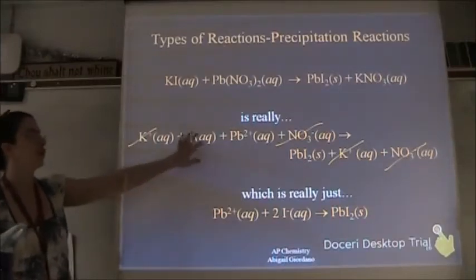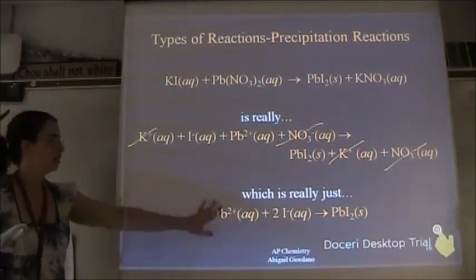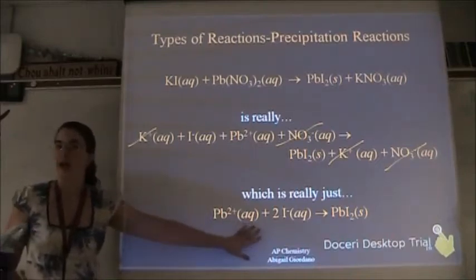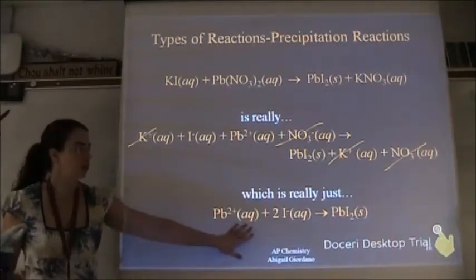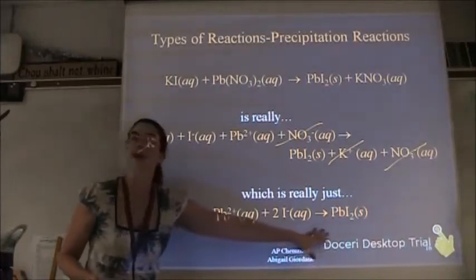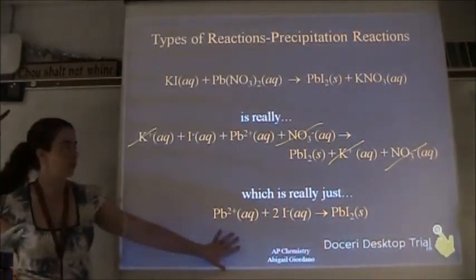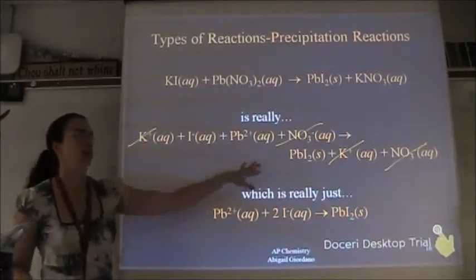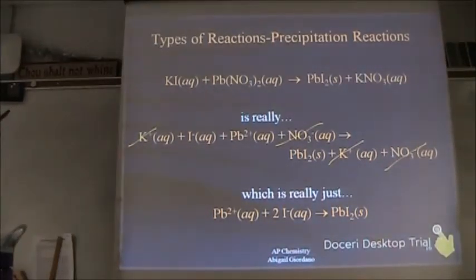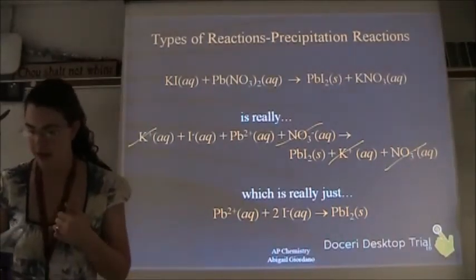Now, it wasn't balanced up here, and that's okay. When I got down here, then I balanced it. This, ladies and gentlemen, is the real reaction that's taking place in the beaker. Now let's say something about these ions that I crossed out. Please understand, it is not that those ions are not there. They are there. The ones that I crossed out have a name. They are called